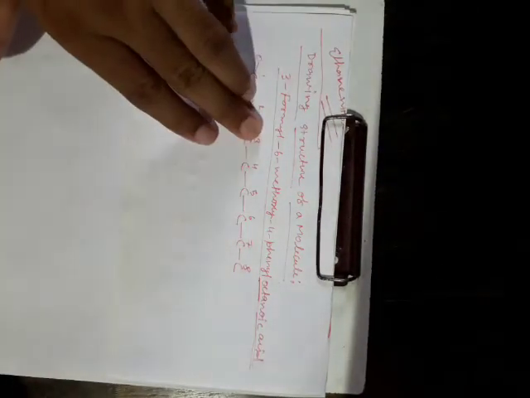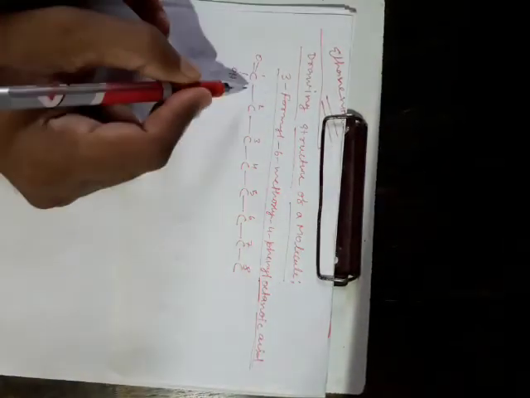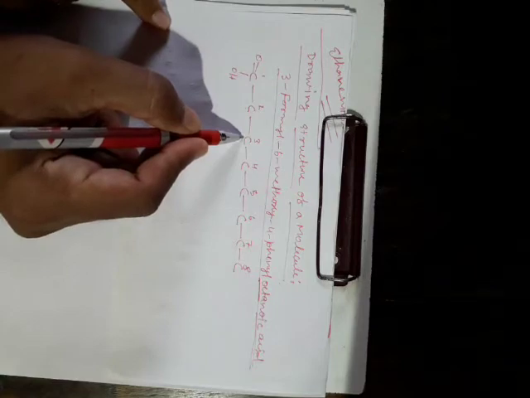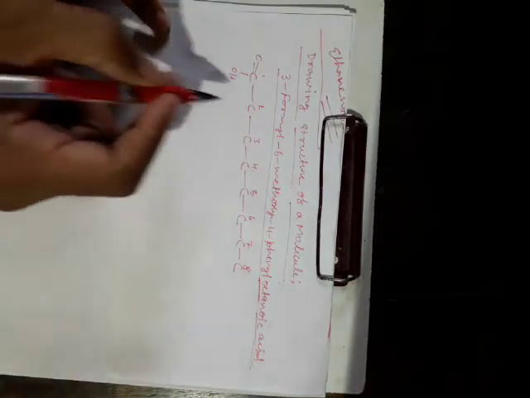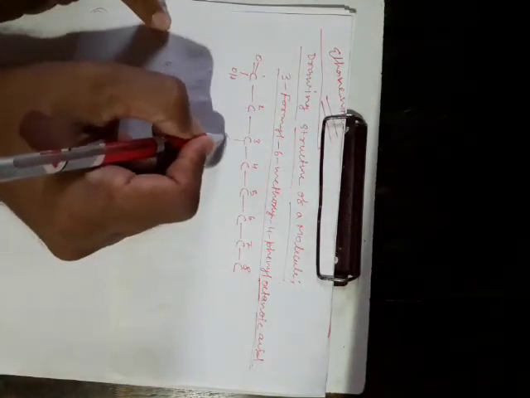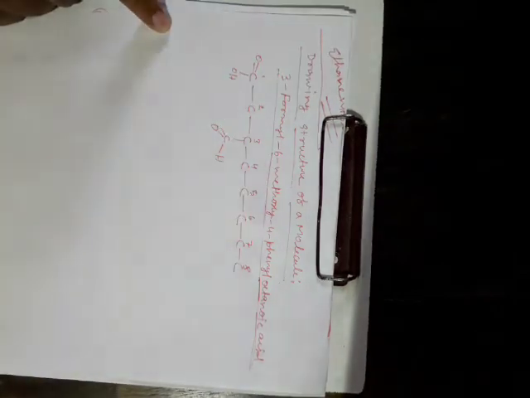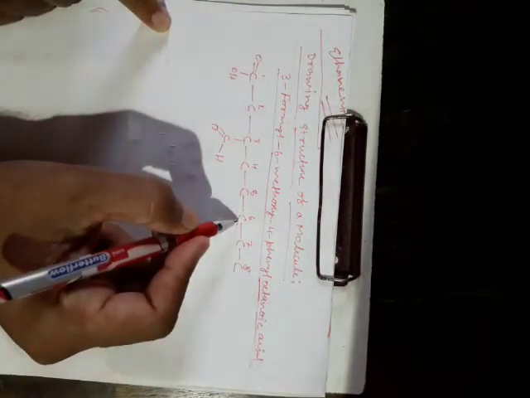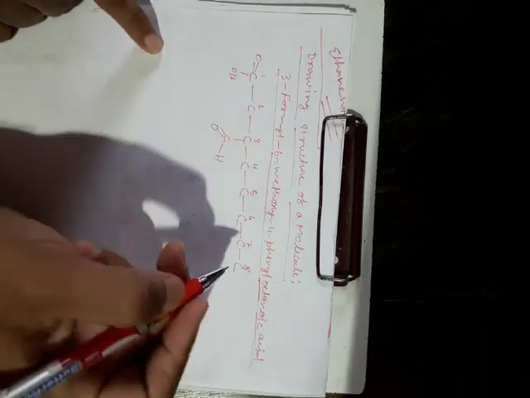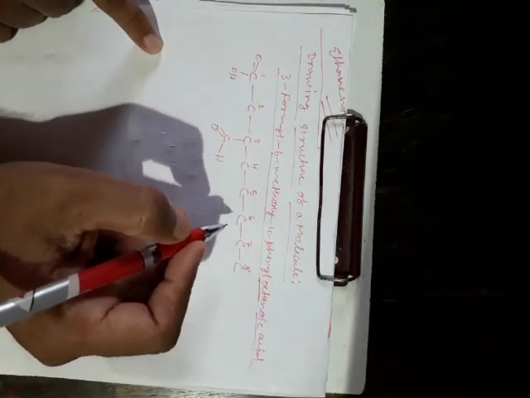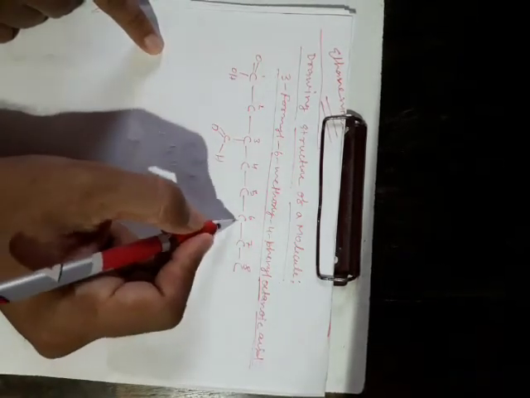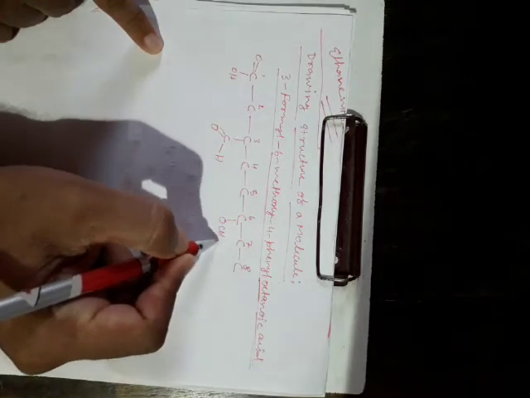Now these are the substituents which are indicated by the prefixes present in the molecule. As there is 3-formyl, so 1, 2, 3. So the formyl group should be generated at carbon number 3, CHO. Now there is a 6-methoxy group. So at carbon number 6, the methoxy group should be generated, OCH3.